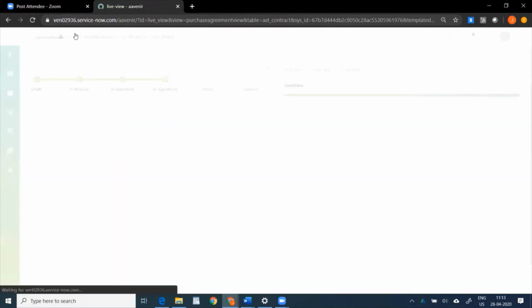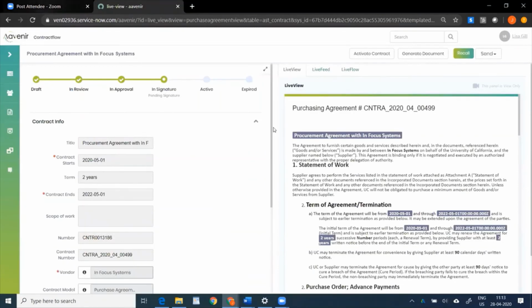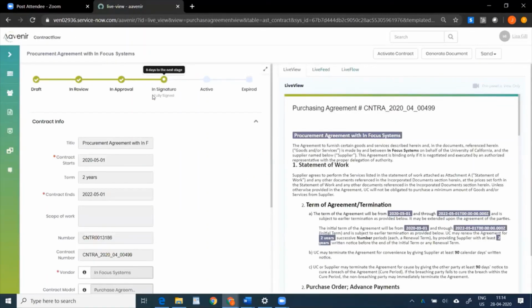But once it is signed by Eric, the contract moves from pending signature. It still says pending signature. Hopefully that will come back in a minute or so. And it now says fully signed. The contract is now fully signed.